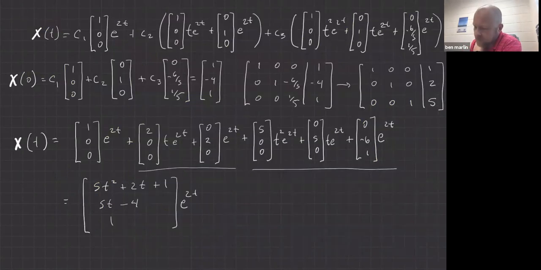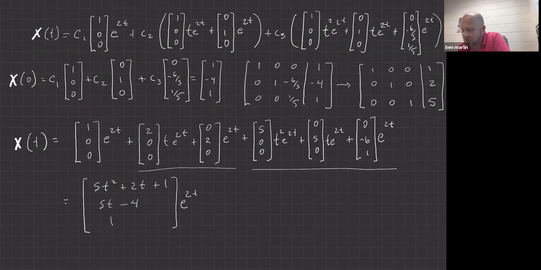So for this, I went ahead and wrote out the general solution. That's a mess, right? But we knew that we're plugging in t equals 0. That means that this goes away, and that goes away, right? Which now makes our choices of zeros pay off like big time. Because now we've got C1 times this 1, 0, 0, C2 times the 0, 1, 0, C3 times, okay, this last one doesn't pay off all that much. But that first choice there,